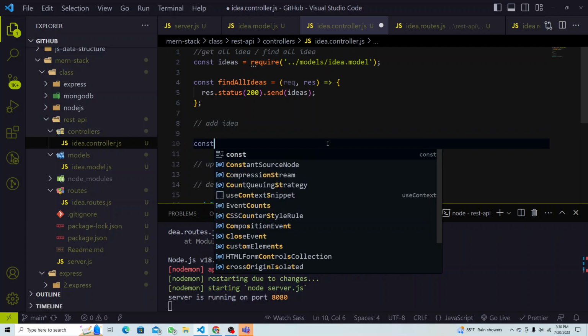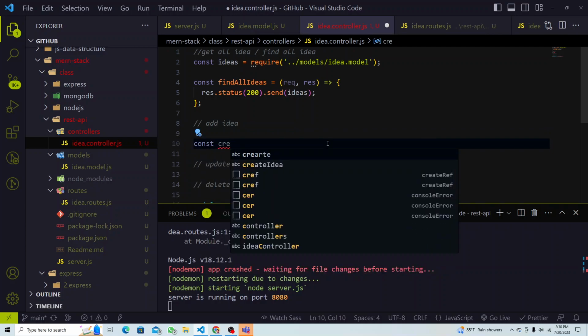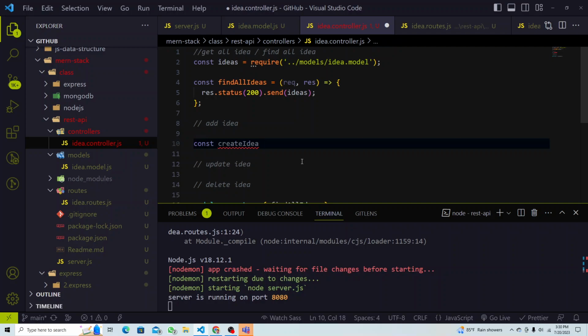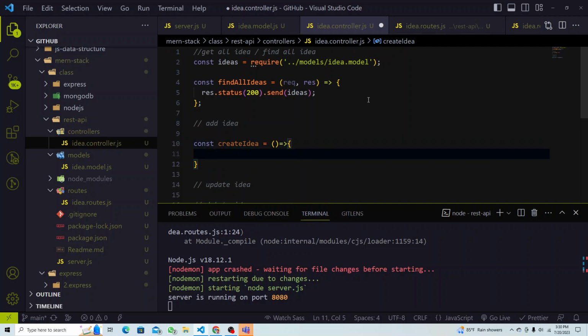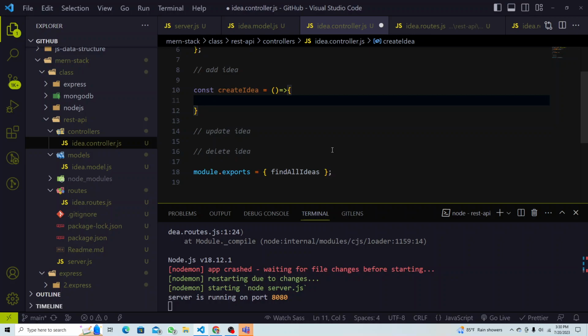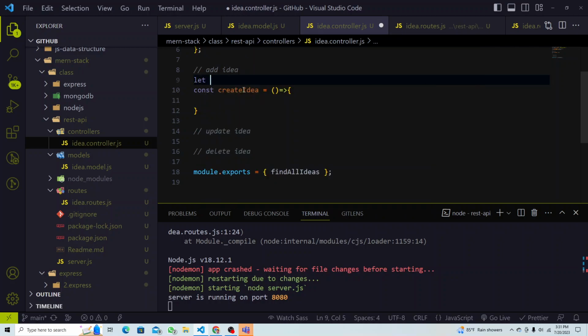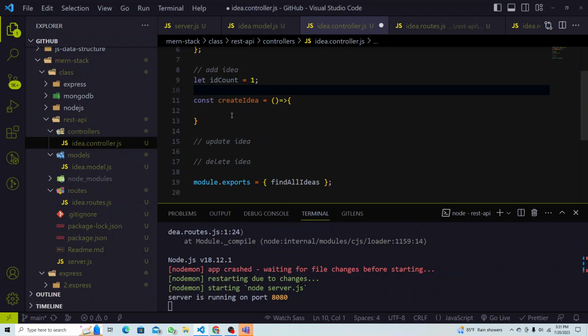The const, right? Create idea. Let's call it create idea equal to arrow function, and little bit logic here, right? Because see, we don't have in the database, in the real database, what gonna happen? It will create ID and all that automatically. You don't have to do. But here we don't have ID, right? We're not creating any ID, but we will try to mimic, like we just add some ID here. So maybe we can call it something like let maybe ID count, right? Count equal to 1,